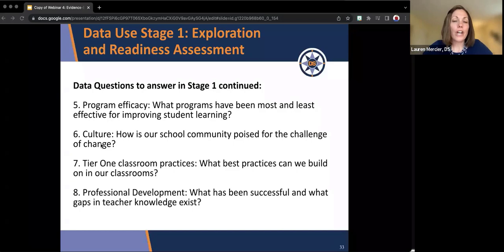program efficacy, we've talked about this, what programs have been the most and the least effective in improving your learning. So again, we want to look at longitudinal data, but we want to disaggregate by program, right? So we want to just separate. You've got your academic, your SEL, your behavior. We can look at, again, our state and local assessments, grades across time, over time,